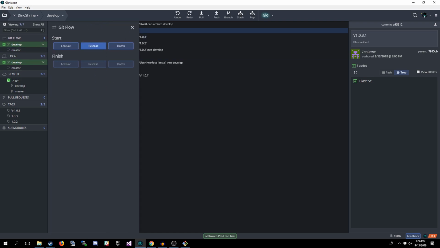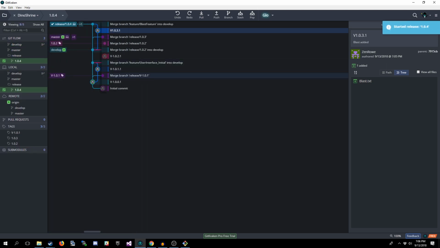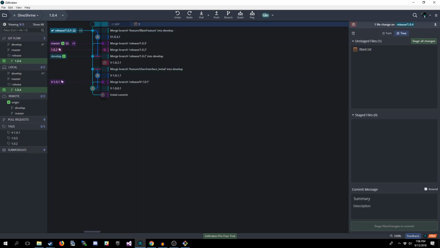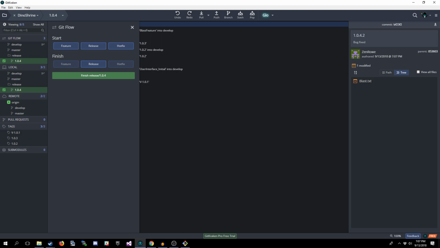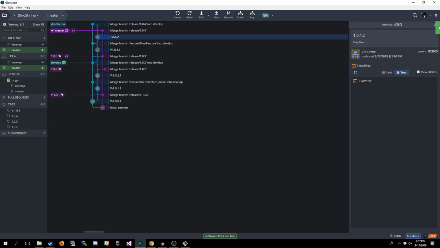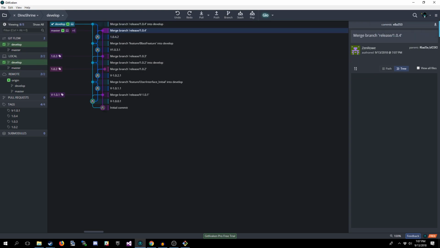So now, let's create a release. Start release. Once again, we'll say there was a slight change to that, a bug fixed. Commit the change. And then, we did our testing. Everything's right. We finish release. And then you'll see there, now it happened correctly. Okay. That change got merged into master and into develop. Now all we have to do is push those changes to remote, and we'll see them in the proper position. Okay, now we've got that bit sorted out.